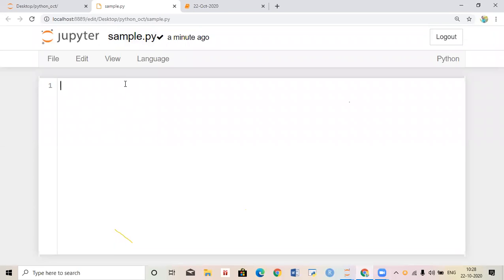Now I want to write this is user defined module. I write this one.